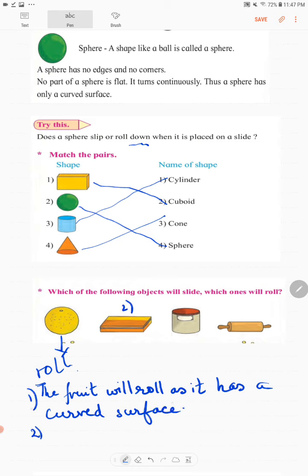Second, the second object, it's a box. The box will slide as it has a flat surface.